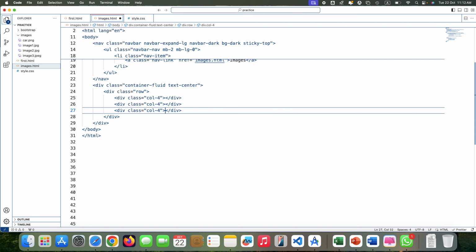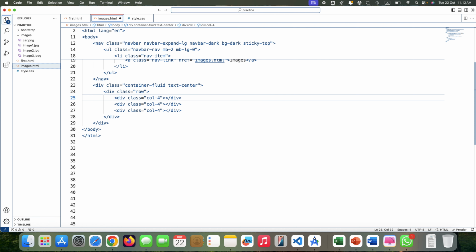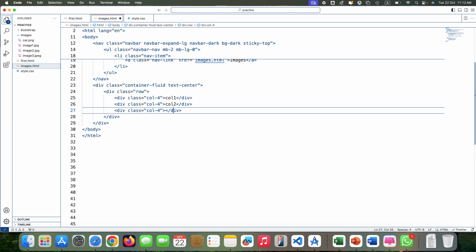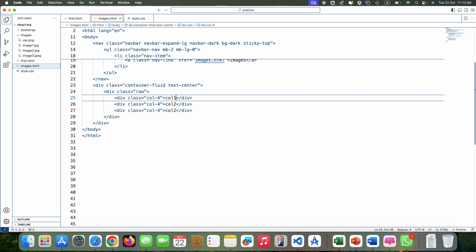So now I can just copy these 3 times. So now the total columns become 12, and each one is equal to 4 columns. I just say col 1 and col 2, and here I say col 3. Or maybe I can put the image